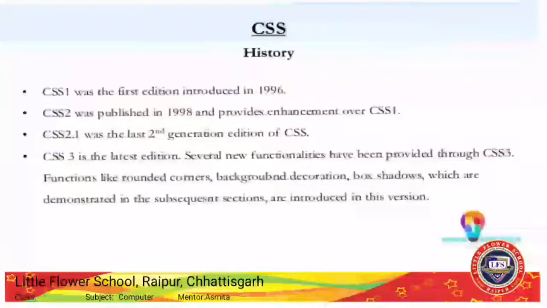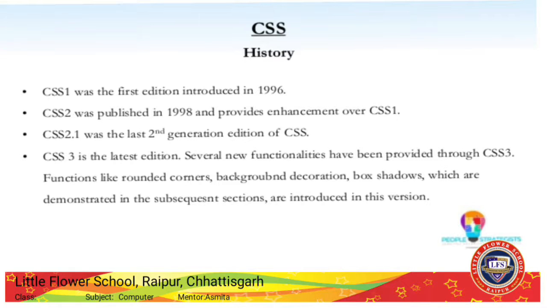Now we'll see the history of CSS. Firstly, CSS1 was the first edition, which was introduced in 1996. Then after that, CSS2 was published in 1998 and provides enhancement over CSS1. After that, CSS 2.1 was the last second generation edition of CSS.